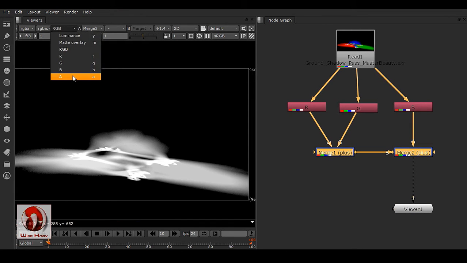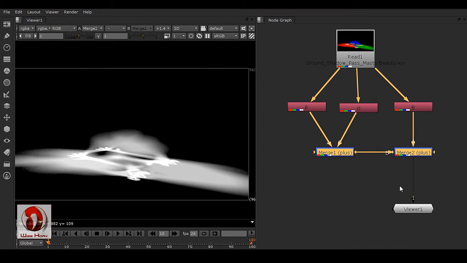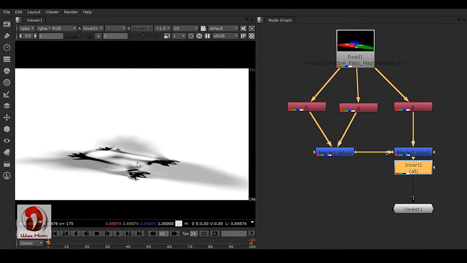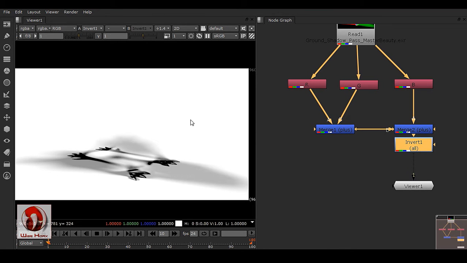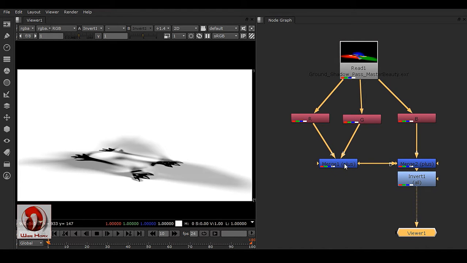And here we don't have any alpha channel. So that is what we need. And now we need to invert this, and now you'll get your shadow pass. So this is how we can get your shadow pass, and you have this individual control in every shadow